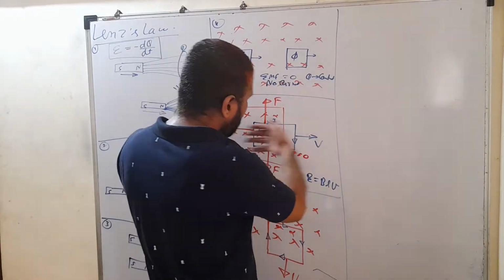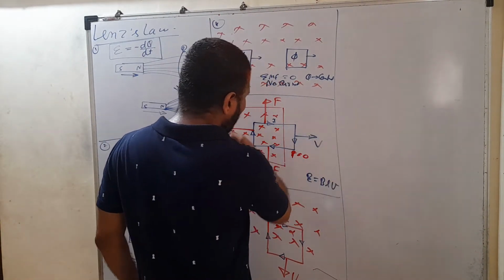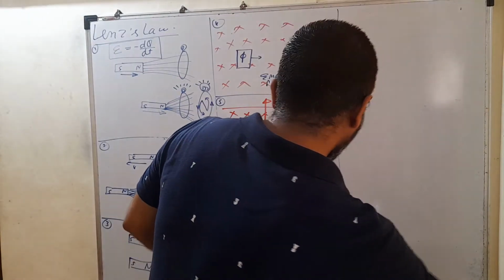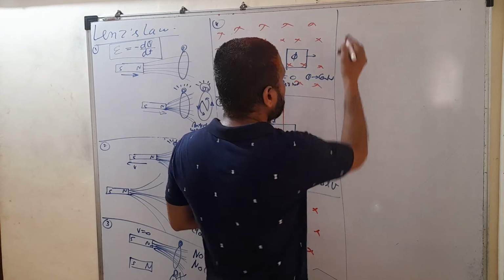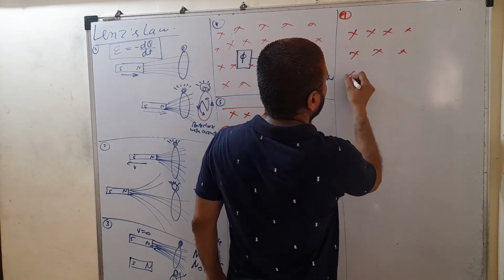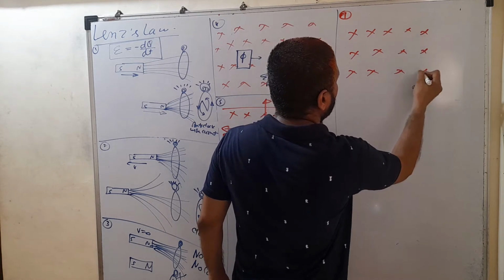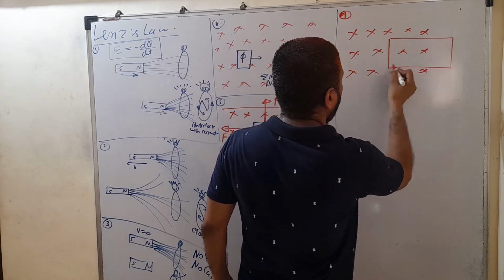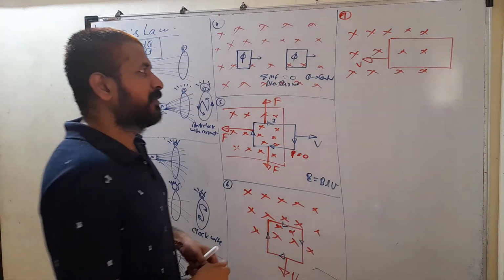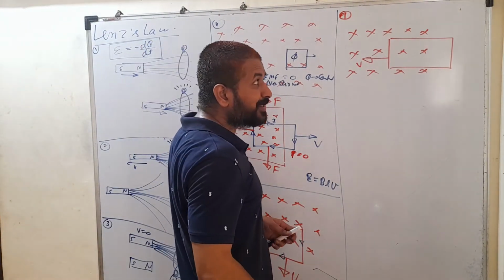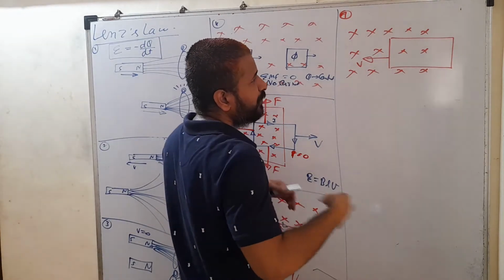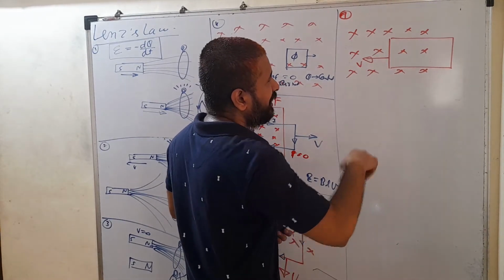Suppose इसी frame को मैं अंदर ले आऊँ. If you are forcing this frame inside the magnetic field, basically what we are trying to do is increase the magnetic lines. Next case, suppose this is the magnetic field, and this is the frame. We are forcing this frame inside the magnetic field. So we are trying to increase the cross lines, because when you are forcing this frame inside the magnetic field, we are going to increase the magnetic lines. So current opposes that.